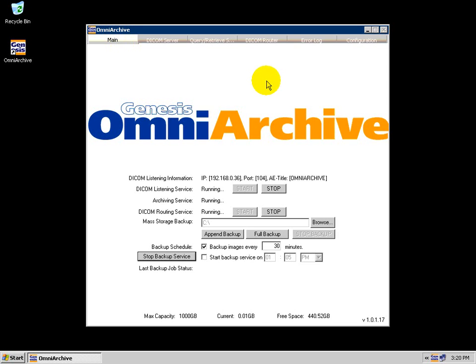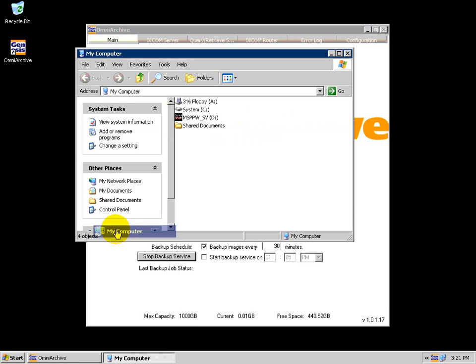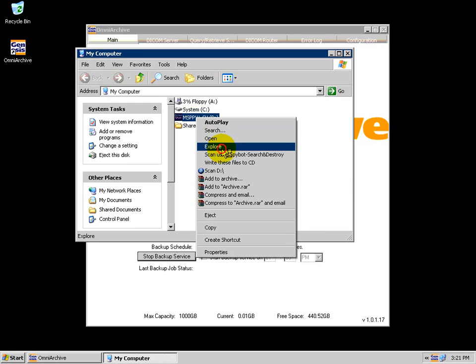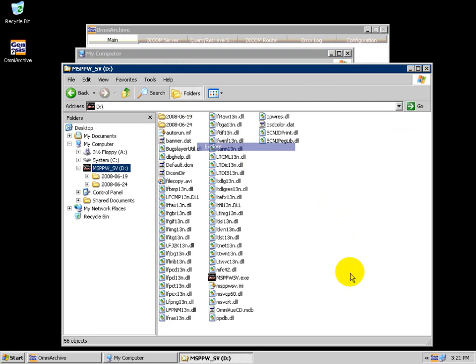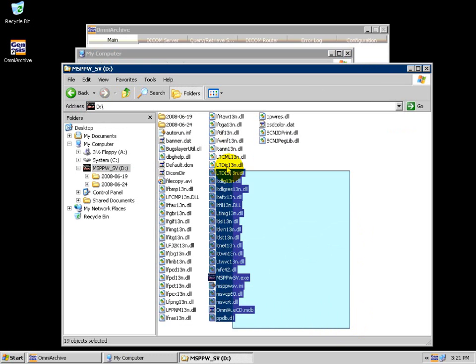OmniArchive also supports the ability to import images from other sources, simply by dragging and dropping it into a certain directory. I've inserted a CD containing Dicom files and other files. To import these Dicom images, I click on Start and My Computer. Right-click on the CD-ROM drive and click Explore. There are a lot of files on this CD, a lot of files that we don't need. It doesn't matter when you're using OmniArchive. What we can do is we can select all the files,